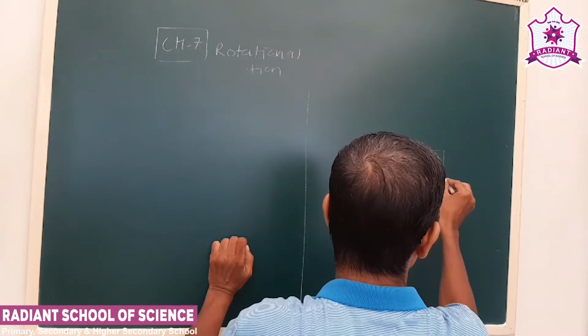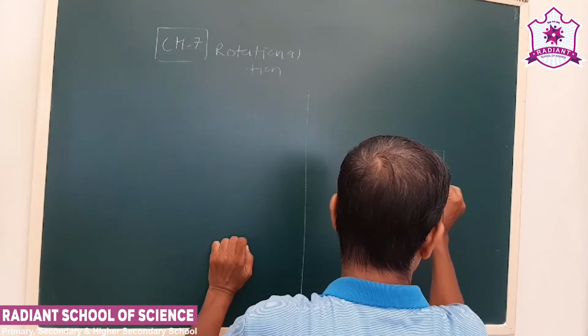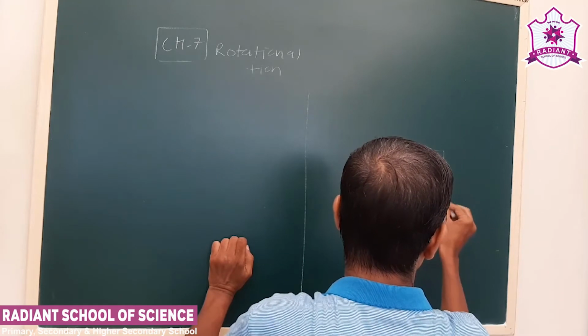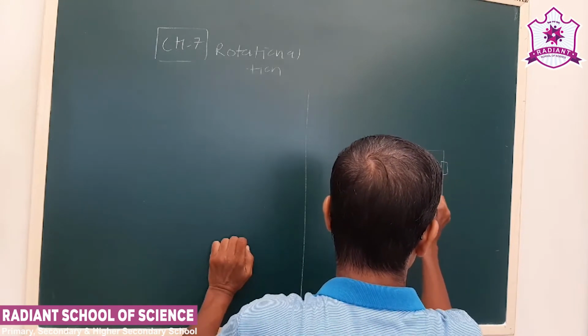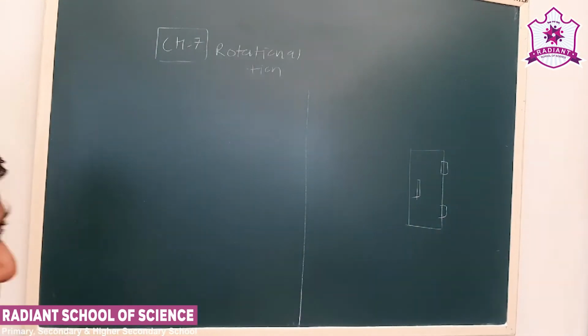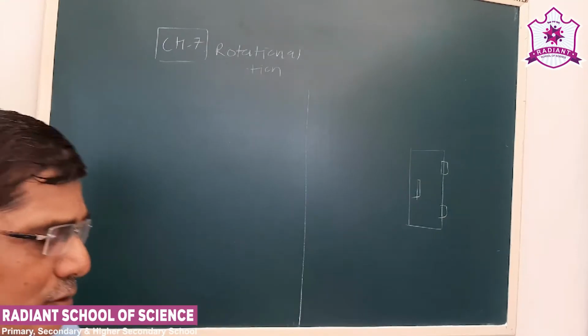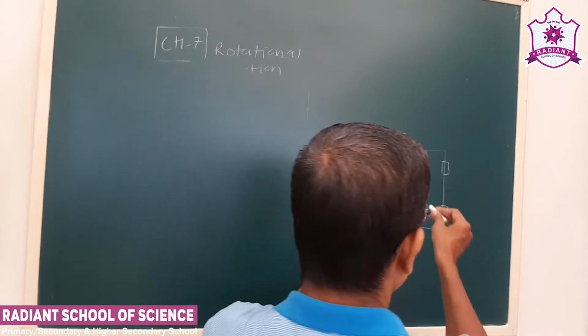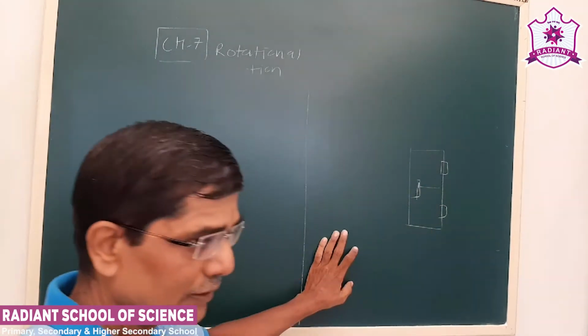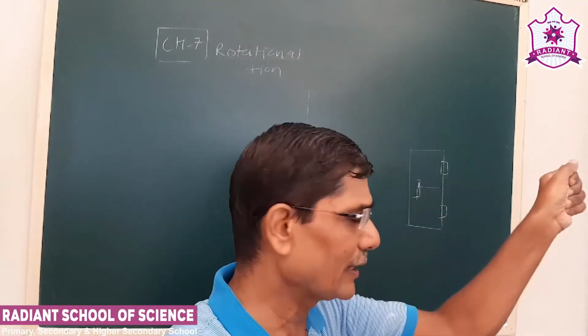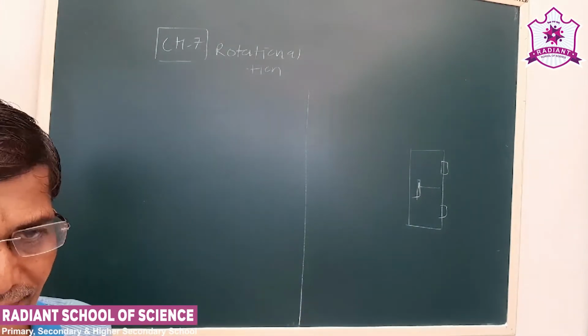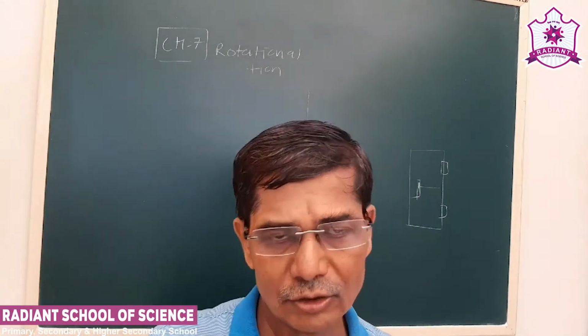Now there are a number of day-to-day examples also. Suppose there is a door. It is hinged somewhere here, and this is our handle. When we open the door, we do not apply force on all the parts of the door, but we apply force at a particular point. So when we open the door like this, it is a part of the rotation. So that also is one sort of torque.